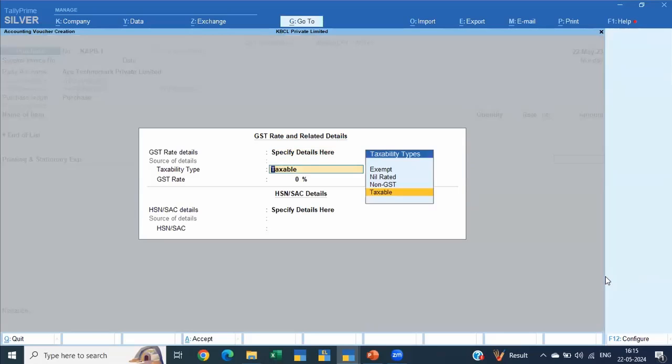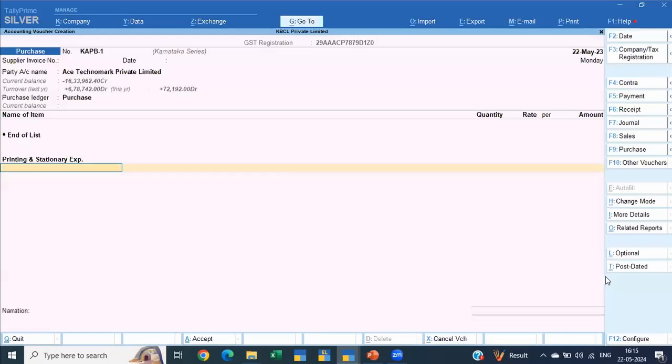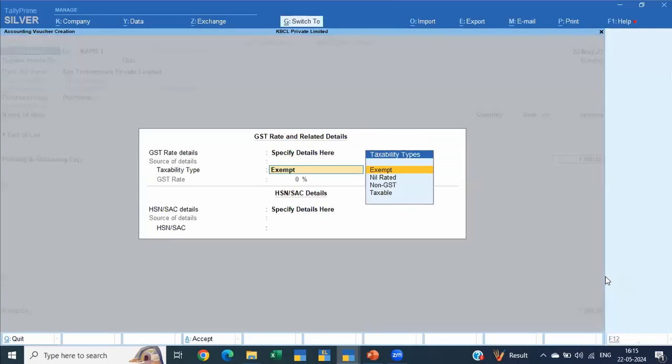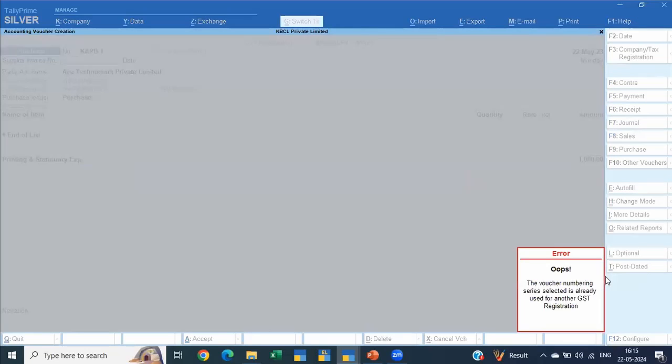Now here you can specify and say it is non-GST, or say exempt. Mostly it's going to be exempt. So you can say it's exempt, and all the tax details you can mention, and you can just pass this.